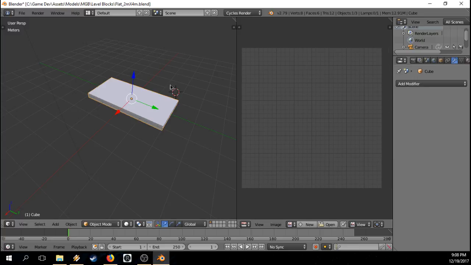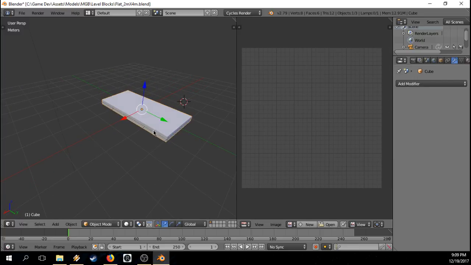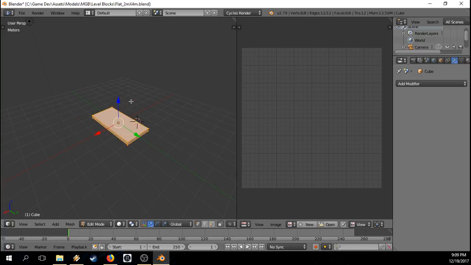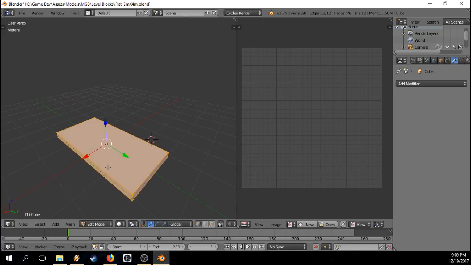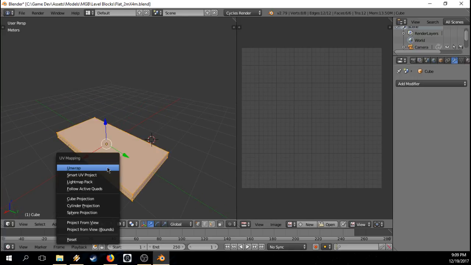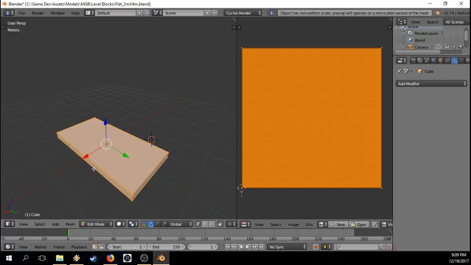No image is opened. If I go into edit mode and select all the vertices, faces, and edges, I'm going to press U for unwrap, which doesn't look great when you just say unwrap,